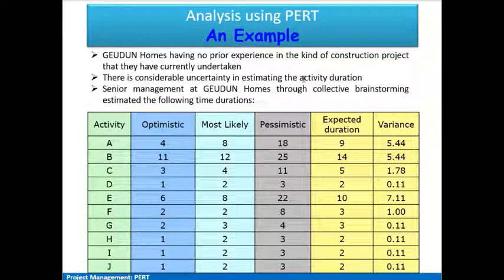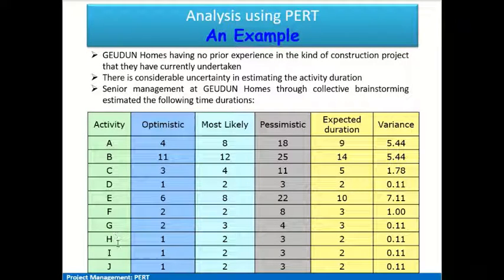Now in this case, what the senior management can do is, through collective brainstorming, come up with some estimates of the time durations for these different activities. So we have activities A, B, C, D, E, F, G, H. They can represent things like design, approval of plan, foundations, superstructure construction, and so on and so forth. This is actually the same activity list which we used in the previous presentations also, so you can refer to the earlier presentations to see what activities A, B, C and D represent.